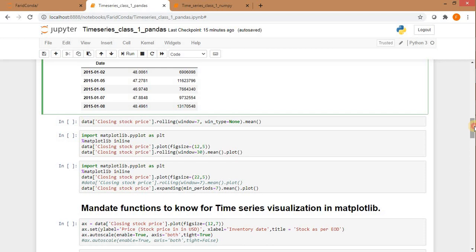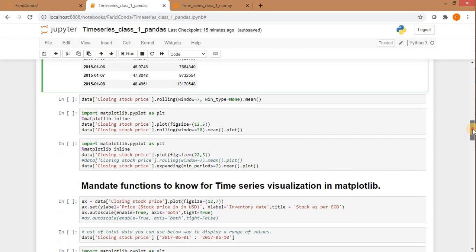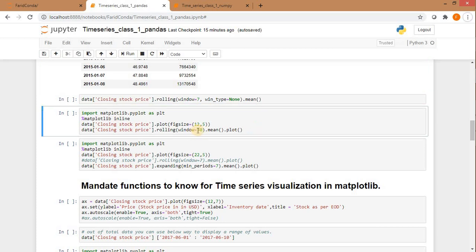About moving average, we have a lot of sessions coming forward, and it's a big topic, and we will cover it in a separate chapter. For now, we are going to see the practical stuff for rolling and expanding. Rolling will take a window, and for that particular window, it will calculate the average, and for the next iteration, it leaves the first one and adds the next one, and it will again perform the average. That way, it smoothens the curve.